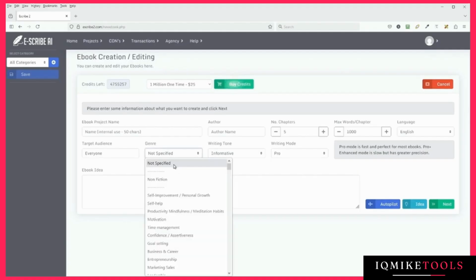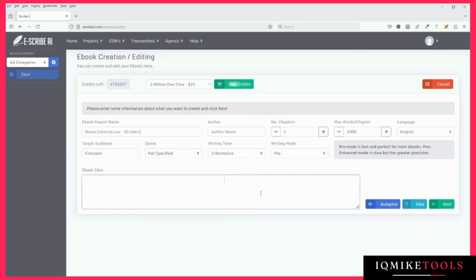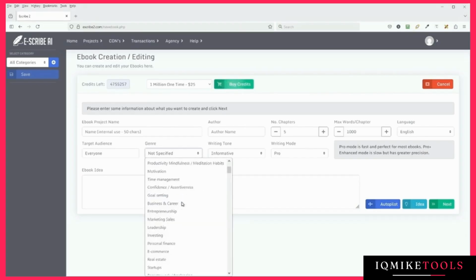It will come up with the idea for the book based on the genre you select. And you can see from the genres we've got lots. You don't have to specify one if you want something that's outside the remit of this, but there's lots and lots and lots of non-fiction and fiction genres here for you to choose from. If you select one, you don't have to put an idea for your ebook in here. Click autopilot and sit and wait, and it will do it all for you. And it's worth mentioning that there are, in fact, nearly 198, I think. So pretty much 200 genres, everything from character-driven stories to family sagas, young adult,